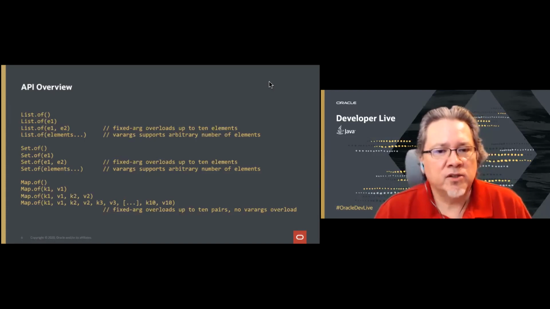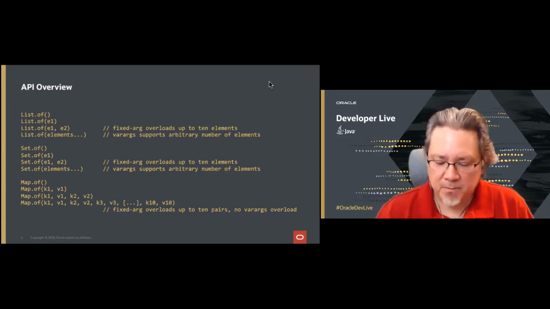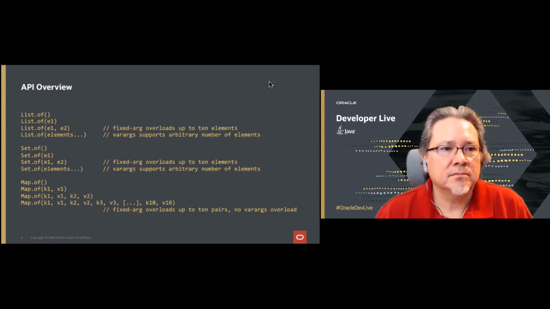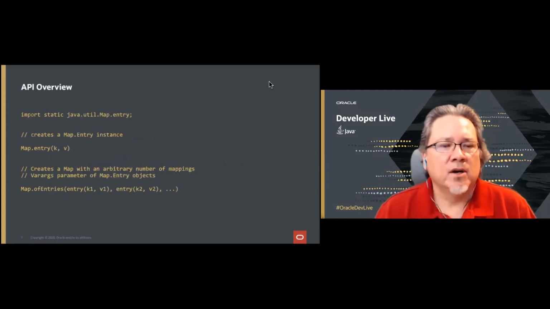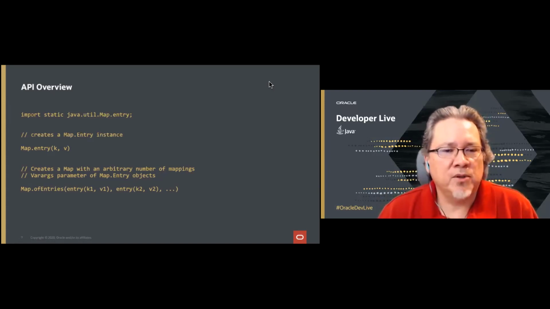Now notice there's no varargs overload here. And so if we want to create a map with an arbitrary number of values, we have to do something different. So there's a little bit of complication here. Before we create a map with an arbitrary number of values, what we have to do is learn how to